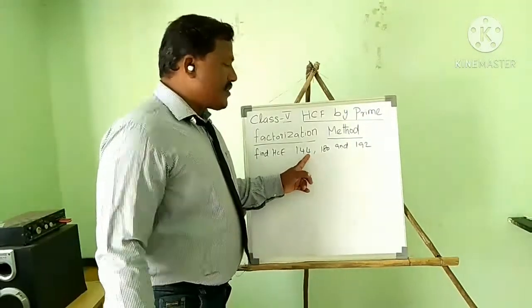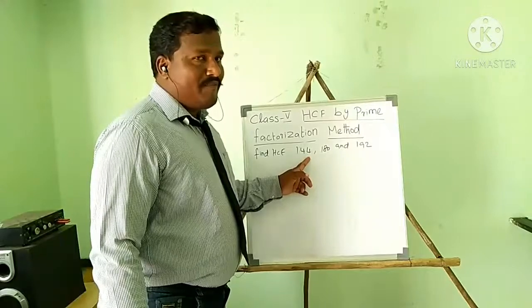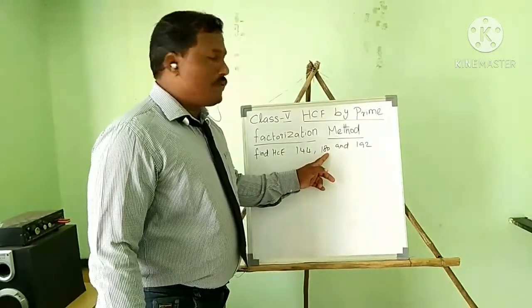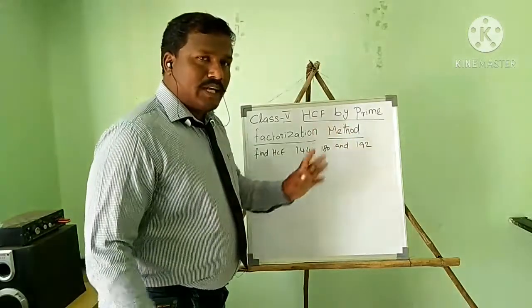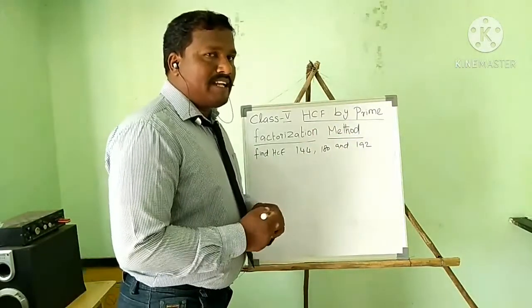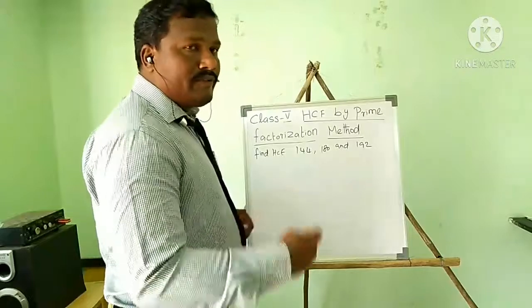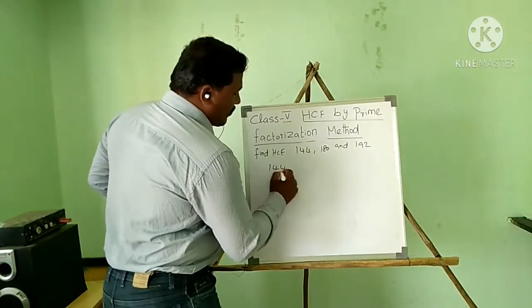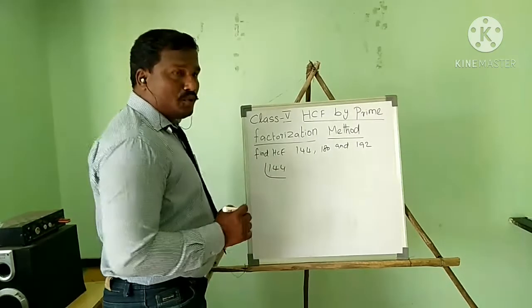Before that, find the factors, so we want to choose the proper factor. Here in the first number, the ones place value is 4, so we can divide by 2. Here 0, so we can divide by 5 or 2. Here 2, so we can divide by 2. So first we have to finalize that. Then we go to divide. So 144, first I will take 144. I am going to divide by 2.